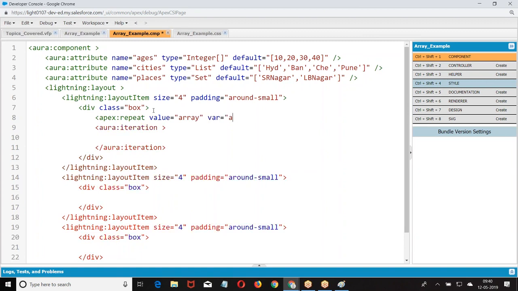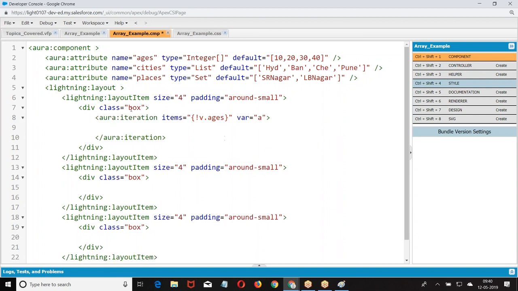Am I right? Here also, instead of value, we have items equal to v.ages, var equal to. There we used to give value equal to, here we give items equal to.